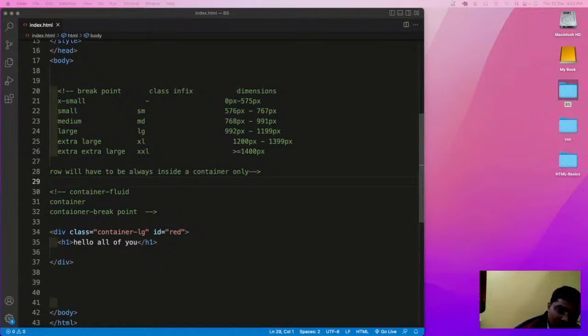Okay, so we have covered the containers, how many types of containers there are. So there are usually three types of containers: the plain container, container fluid, and container BG. Container BG is basically the breakpoints, which contains all those things. So today we will start with row. What is a row and how it actually works and how we need to assign a row, because here in